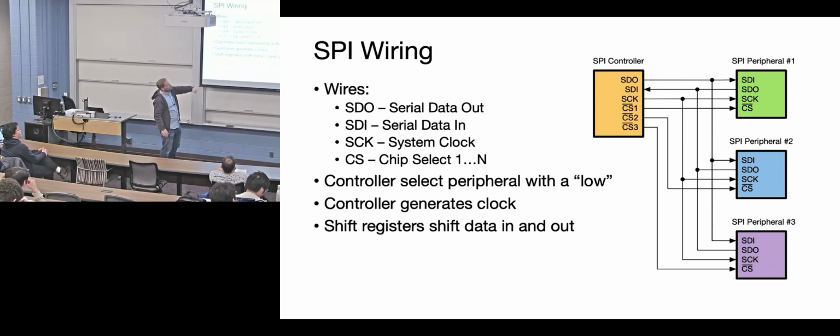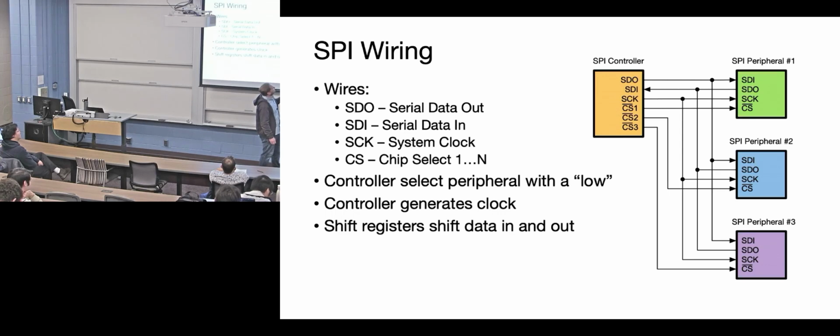This is good for star topologies. You could also do ring topologies, but usually you have some controller that's going to talk to peripherals. It's a lot more specific and has a lot more control than UART. There's chip select, so chip select 1, 2, 3 in this case, which specifically tells which device to turn on or off or to pay attention. It also has a clock to specifically clock data in and out, so everybody agrees on the time frame and you don't have to oversample. That's nice for typically lower end devices.